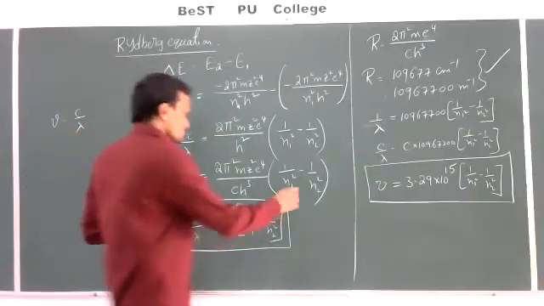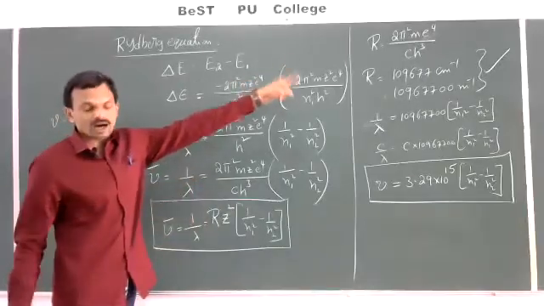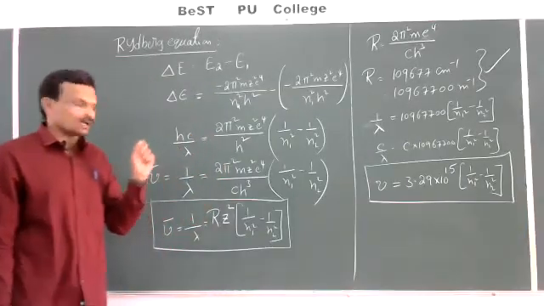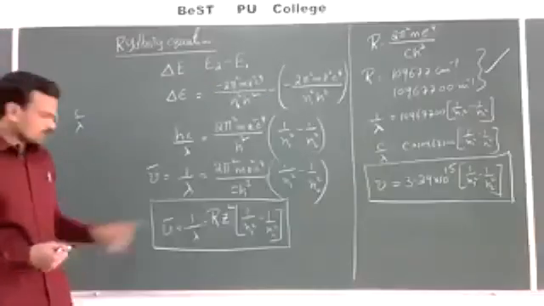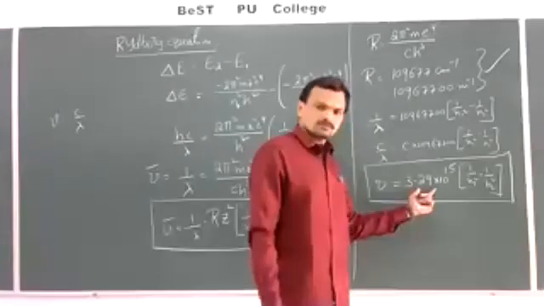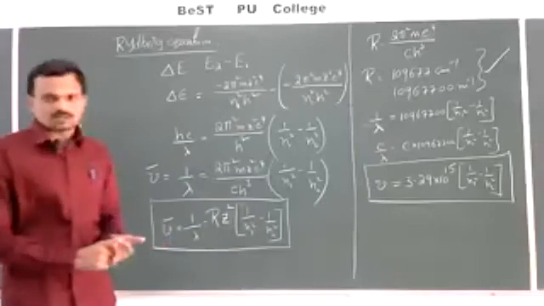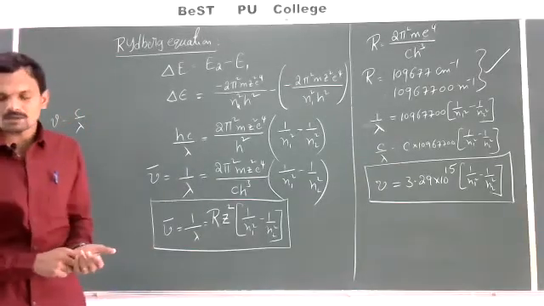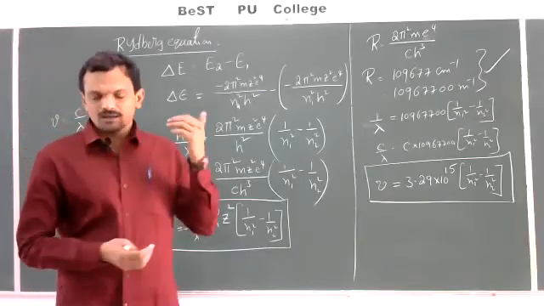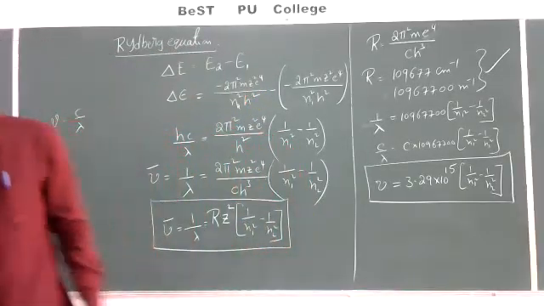So here you should remember these two equations. Derivation is not compulsory here either. Just remember the value of R, this equation and this equation. If they ask for a wavelength or a wave number, use this equation. If they ask for a frequency, just use this equation. The value of R is 109,677 per centimeter, otherwise 109,677,000 per meter. By using these relations, we can calculate velocity, energy, wavelength, wave numbers and so on.